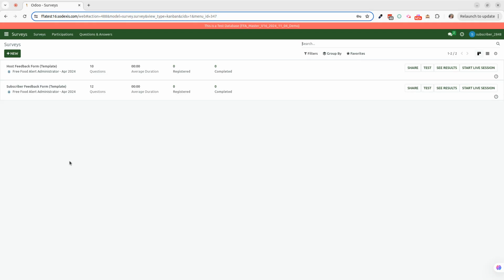These templates provide a structured format you can follow and also give you the possibility to create new surveys. So you can duplicate a template, edit it as needed, or even create entirely new questions by deleting the existing one. For example, if you want to create a new survey for your subscribers, you can click on